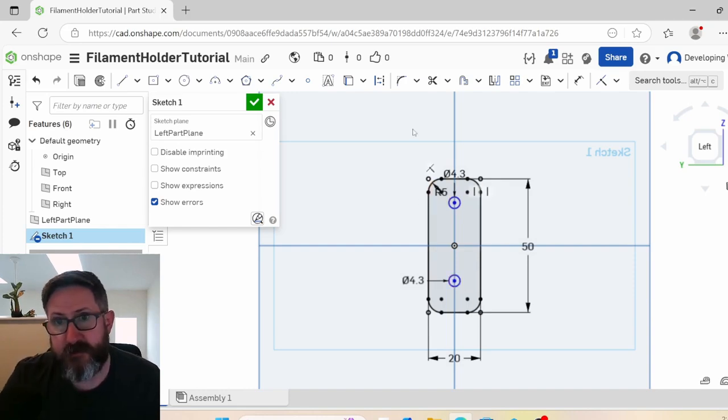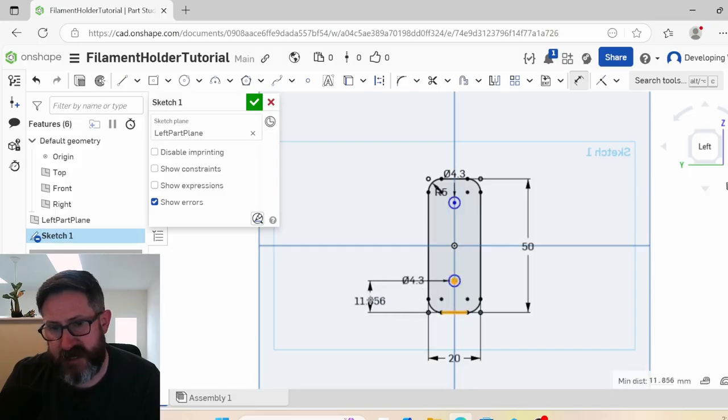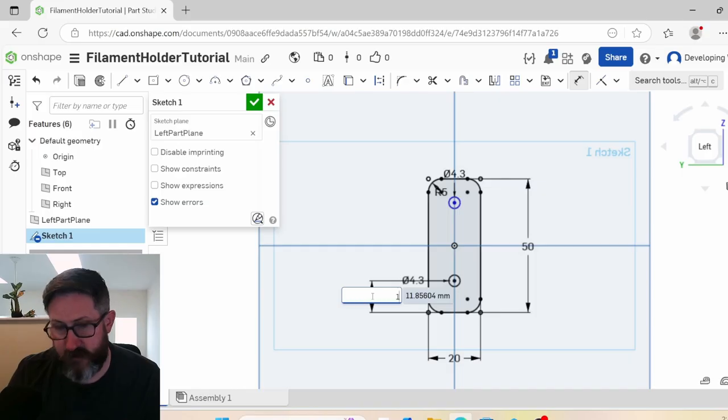So what we're going to do is use the dimension tool. D is the shortcut, so we're going to hit D for the dimension tool. We click the D tool, and then we're going to click the bottom and the center hole. We're going to drag this off, and you can see it's giving us a measurement there. We're going to put 10